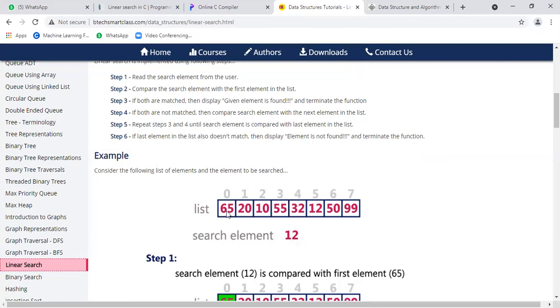Search element and key element are the same. Here the search element or key element is 12, and all these are the elements in the list. The search element will be compared with every item until it is found.